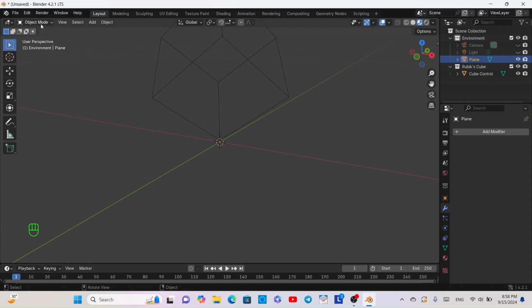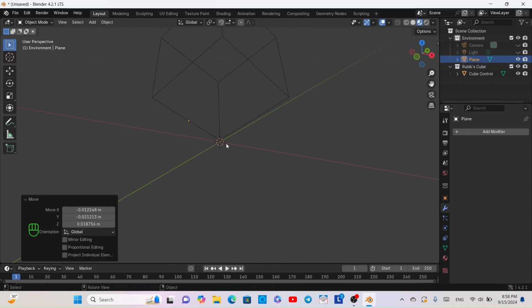Make sure you're on object mode, and then press G, B, and then move your cursor until you find a circle with an X. Left click once, and then move until you find a triangle on this edge, and then left click. This will snap the vertex to the midpoint of this edge. Now go to edit mode,